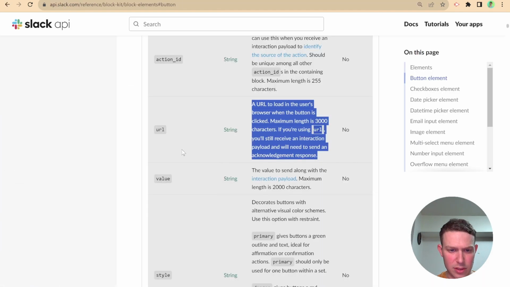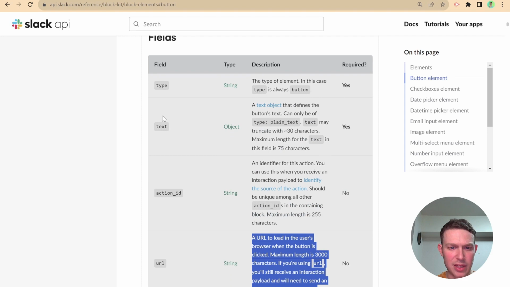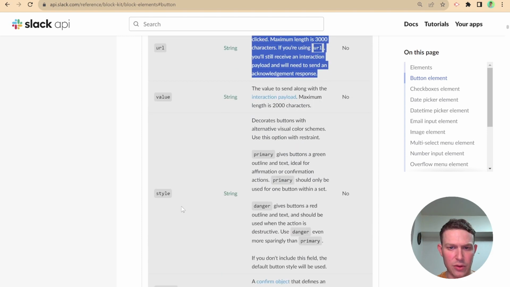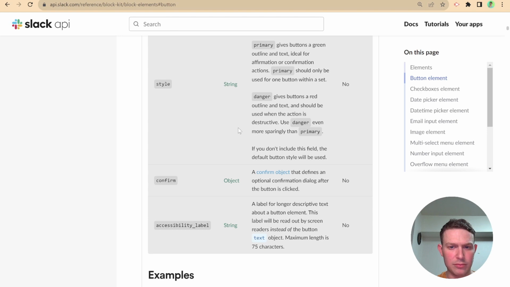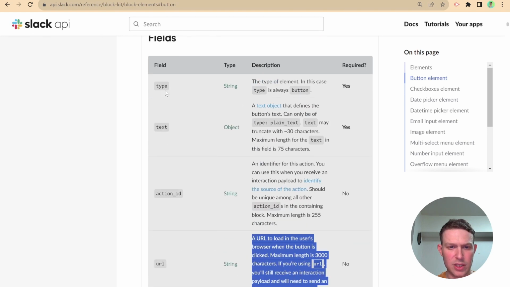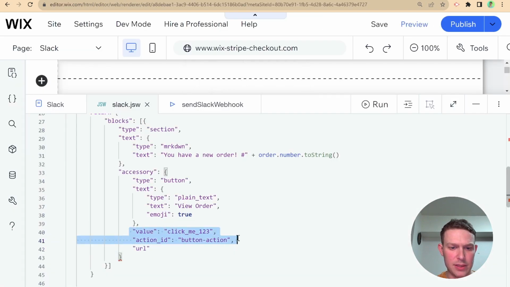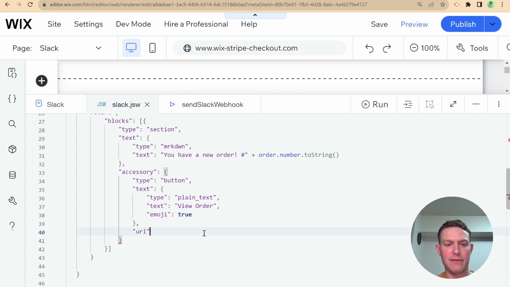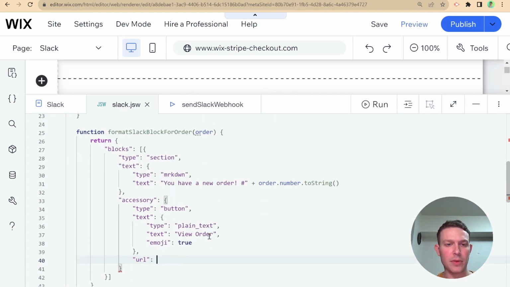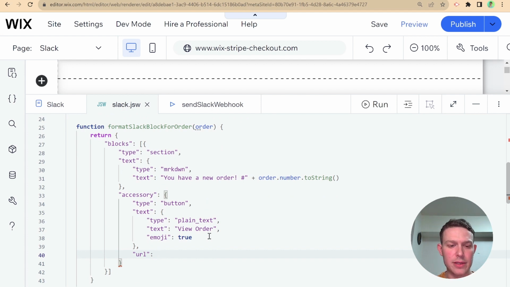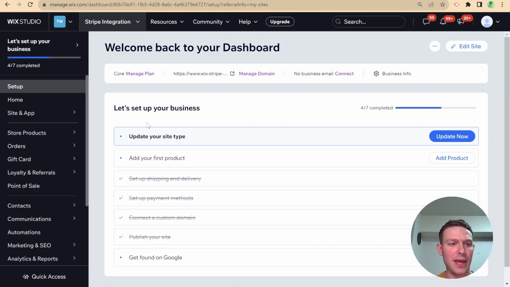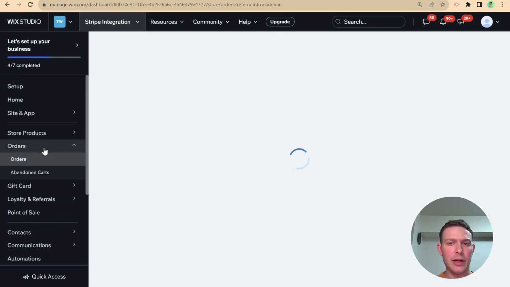That would go under the same level as type, action ID, value. Okay. These are the only two that are required, type and text. So I'm going to get rid of these because we shouldn't need them, and I don't want to just have things that we don't need. And for this URL, we are going to use the URL of an order in the dashboard. So in order to get that, if we take a look here at some orders that were previously placed in the dashboard, then when it loads,